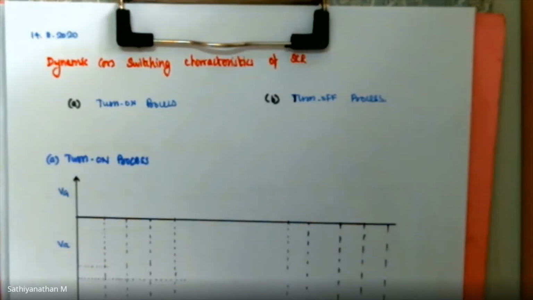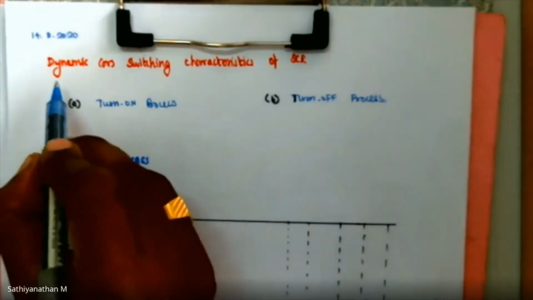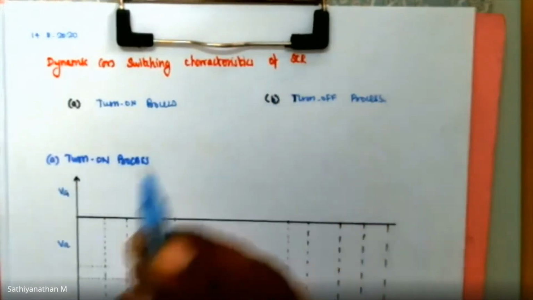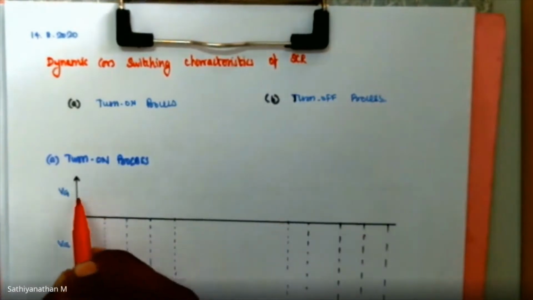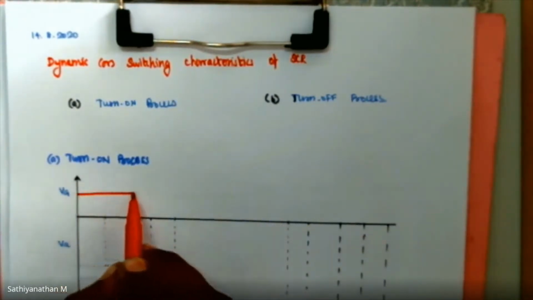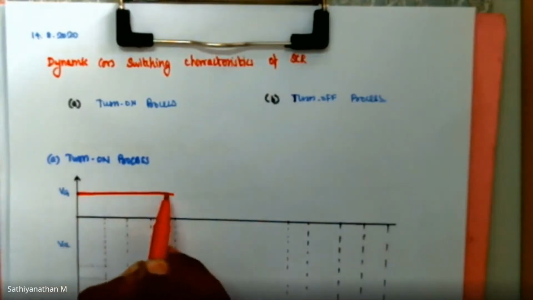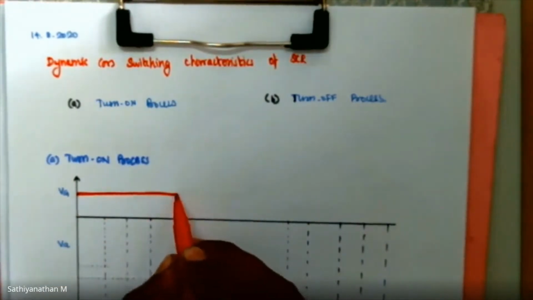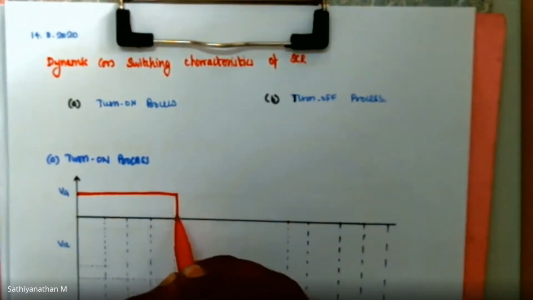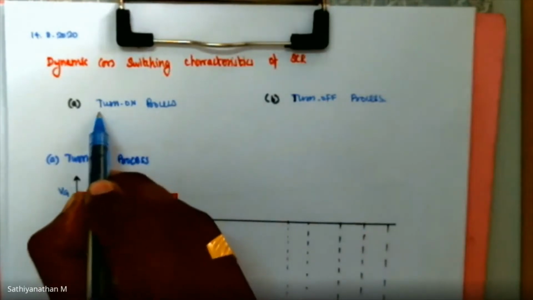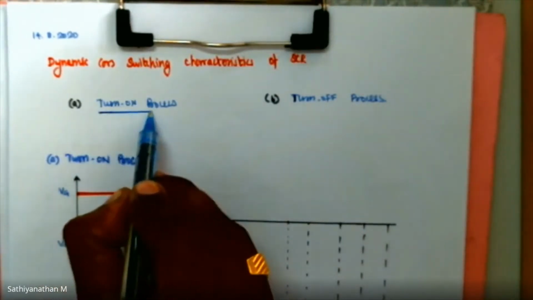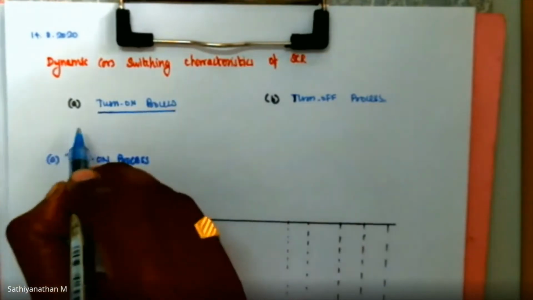Yes, okay. So we are talking about the dynamic or switching characteristics of an SCR. We are applying a gate pulse using an external or secondary voltage called the gate voltage. Even if I remove this gate pulse after this instant, the device will not turn off. That is the problem with the SCR or thyristor. We can split the turn on time period into three.